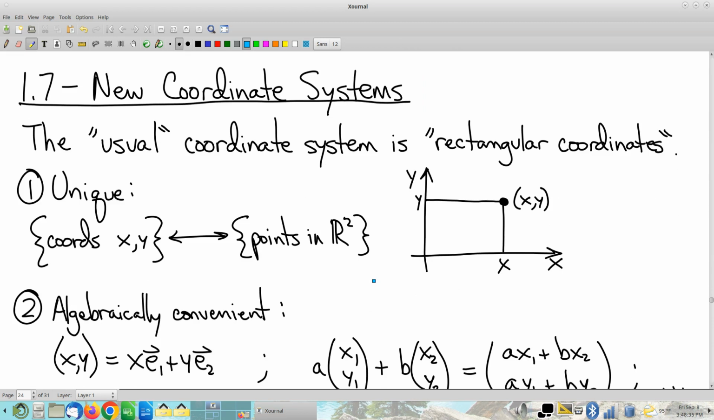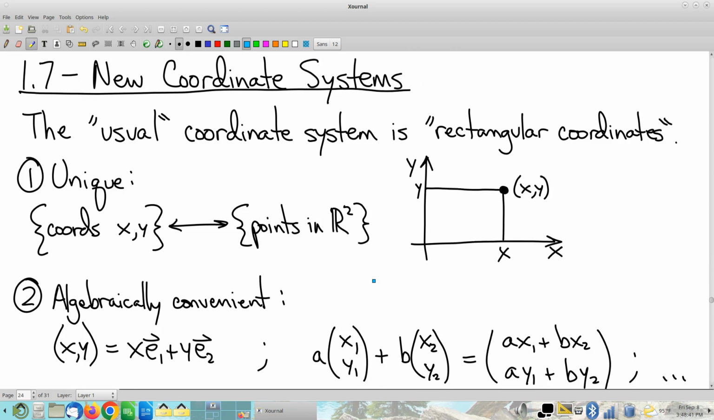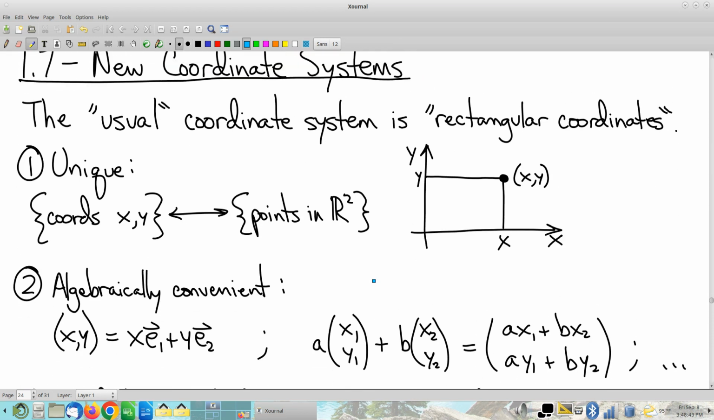Let's see here, already did 1.6. First day of class, so that's old news. Moving on to 1.7. So new coordinate systems. The first thing I want to say about the coordinate systems is let's say a few words about our existing familiar coordinate system, rectangular coordinates. We take it for granted. We treat it as a given,